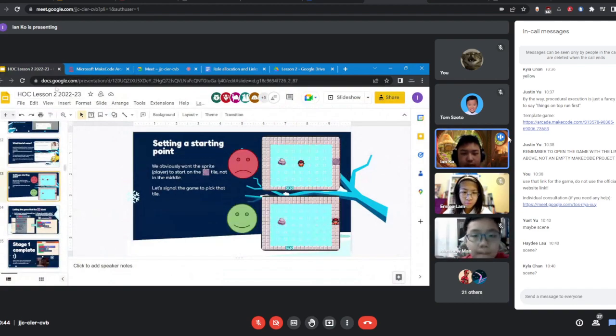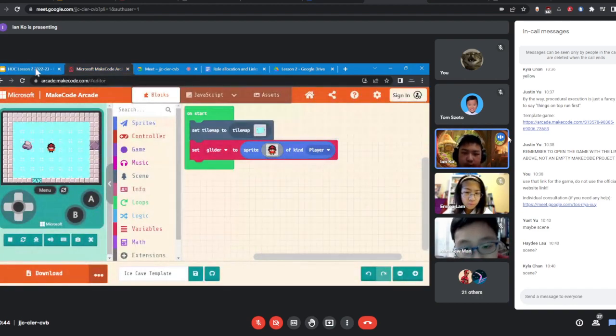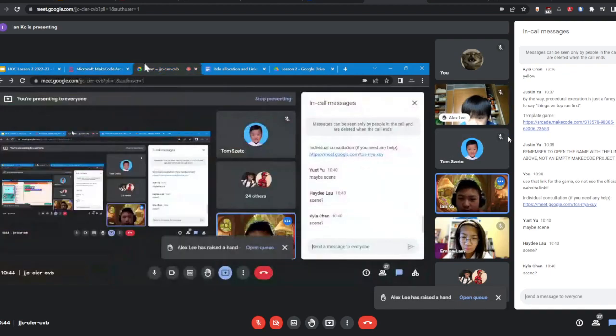Right, to end stage 1, our final issue is that our sprite is in the wrong place. As you saw from the scene from the game before,